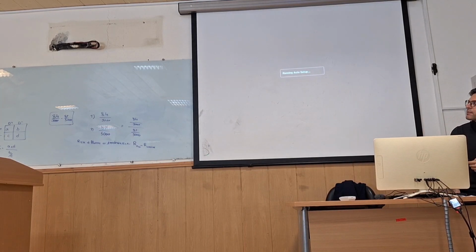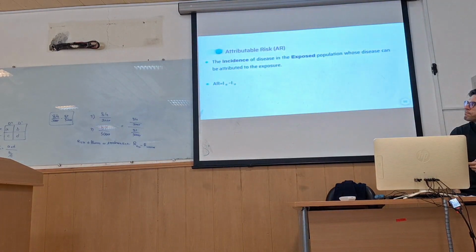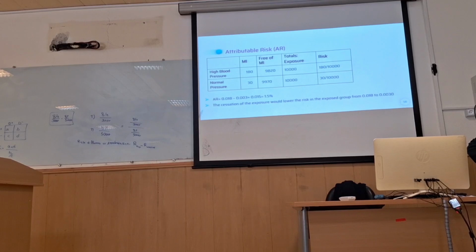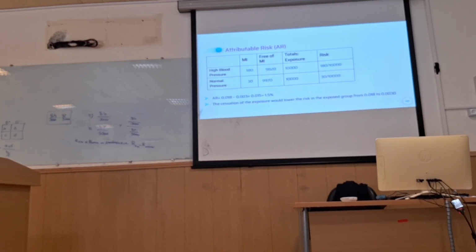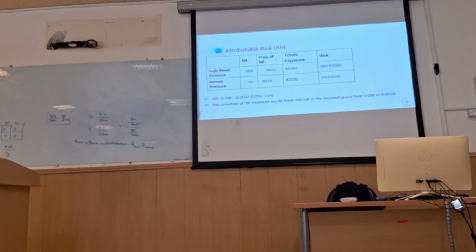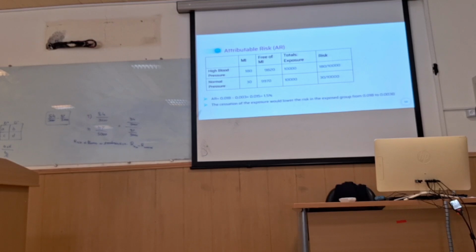For example, this minus this. Okay, that's also correct. And this is the same. Is it a cohort study or case control study? Cohort study. Why? Because we have incidence. It's very easy. In case control studies, you cannot calculate risk. And the objective of the study is to assess the association between high blood pressure and MI. Okay? It's a cohort study.